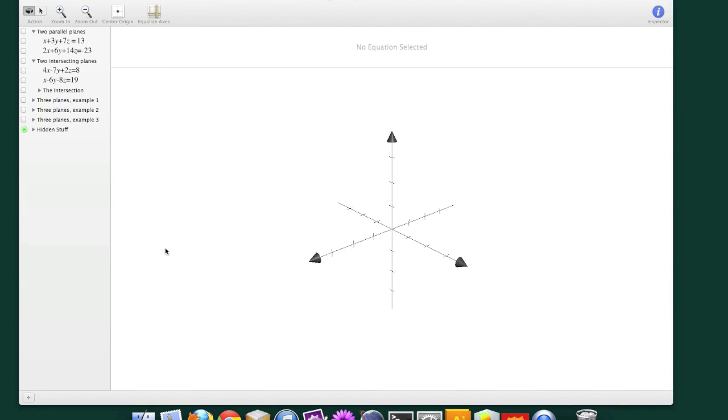Since I don't know of a free multi-platform graphing calculator or an online calculator that does 3D graphing the way that we need it here, I'm showing you this on my computer. Grapher is the program that we're using here. It's a free program, but it is Mac only. I will put the file online in case you want to play with it, either if you have a Mac or get yourself to one of the Macintosh